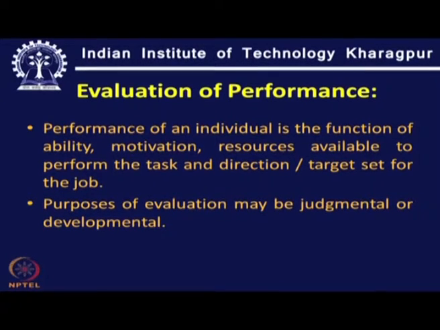If you move through this definition of performance, it is very important to concentrate on the resources available to perform the task and the direction, the target set for the job. Specifically, resources available to perform the task, because in many cases, while we are talking of performance evaluation, we generally attribute the lack of performance